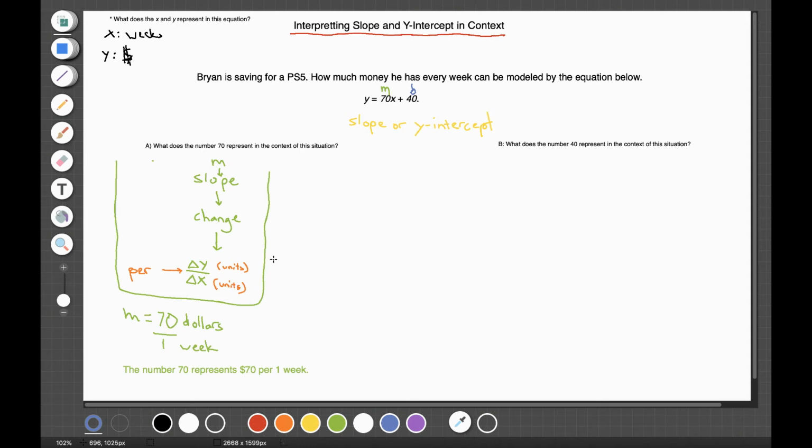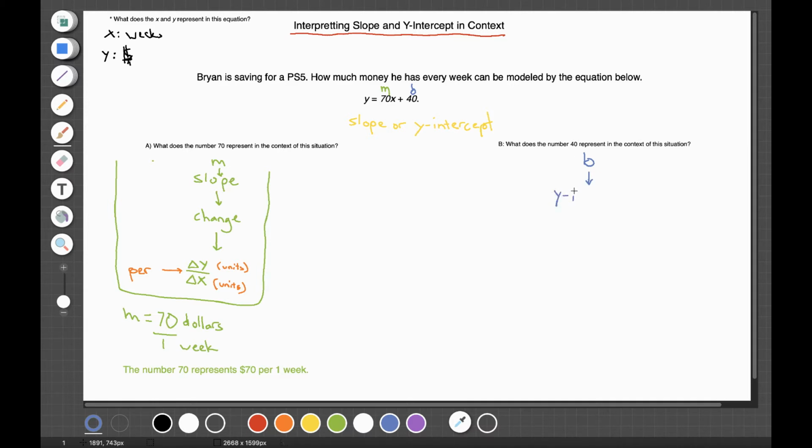Okay, now that we have the first part done, let's move on to the second. What does the number 40 represent in the context of the situation? And the first thing, again, you should be thinking is it the slope or the y-intercept? Well, I think it's fairly obvious. If that was our m, this is our b, so it is our y-intercept. So we know this was our b. We're going to do the same thought process as we had here, but now with our y-intercept. So we know it's the b, and that is our